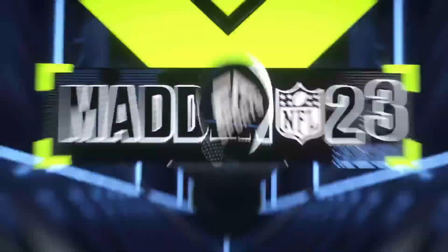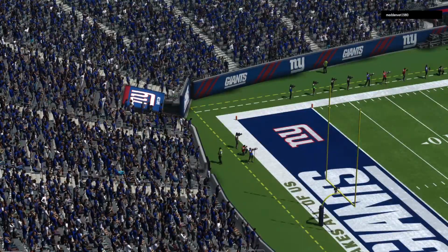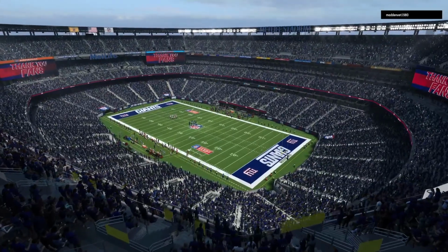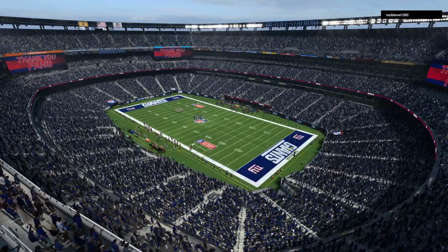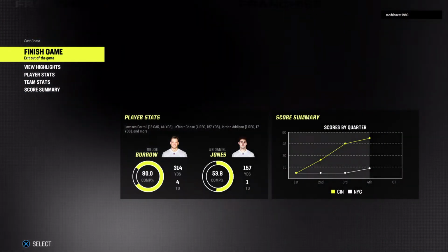So for the Bengals, it's a fantastic start as they roll to a blowout victory here in the season opener. And they'll get another road test next week as they head to Baltimore to take on the Ravens. Meanwhile, for the Giants, they go down to defeat here in the opener. And they'll try to get back on track next week as they head to Dallas to take on the